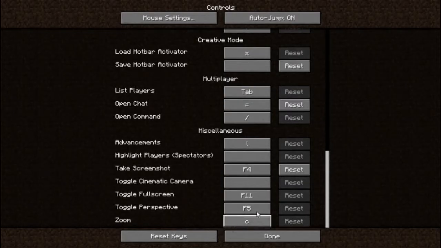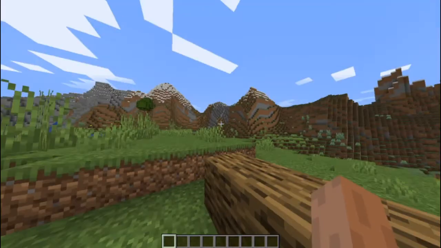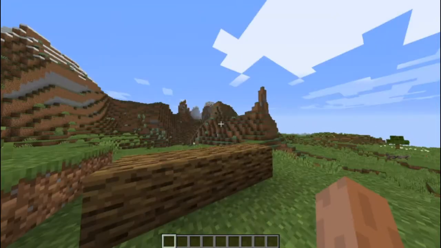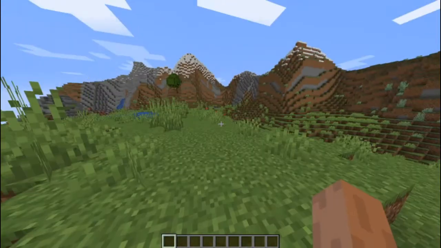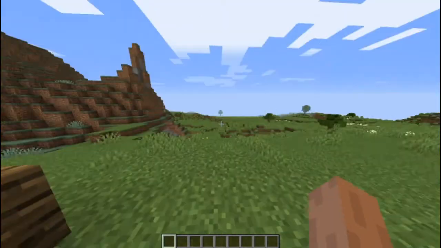In normal Minecraft without Optifine, this feature is not available. This is only available in Optifine. What it does is easy: when you press C, it zooms. It's really helpful to zoom in on things without going near them. I really like that feature. It's one of my favorite features in Optifine.